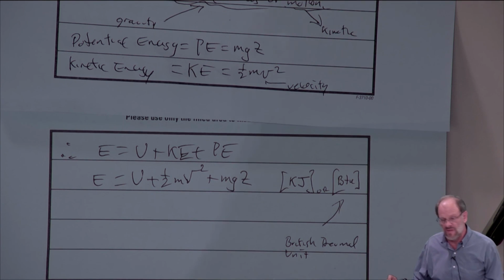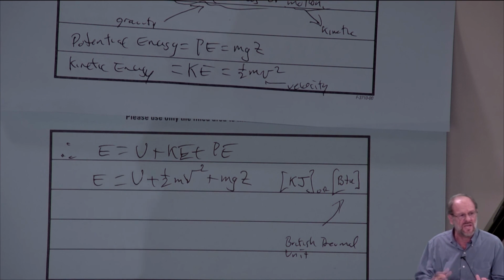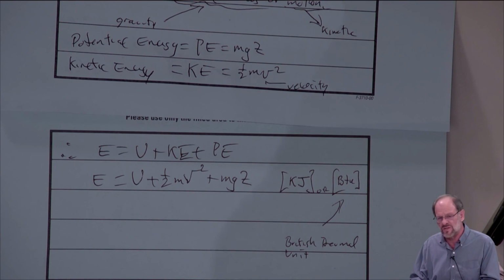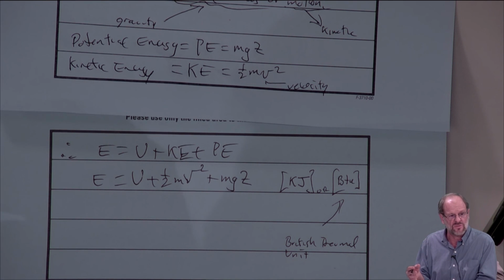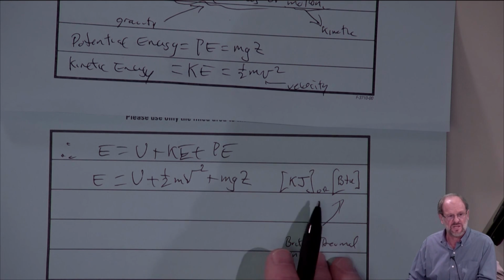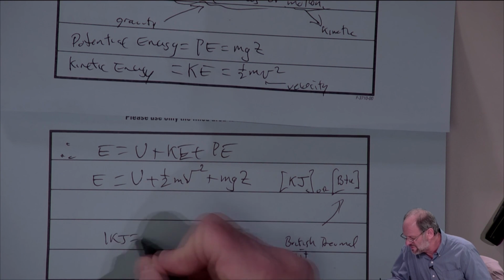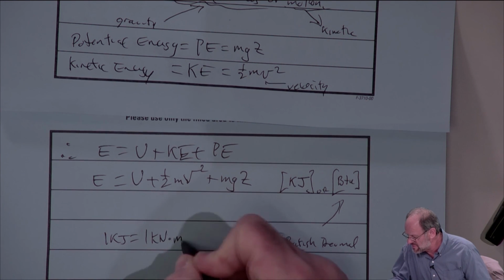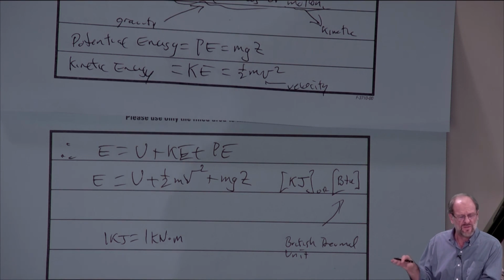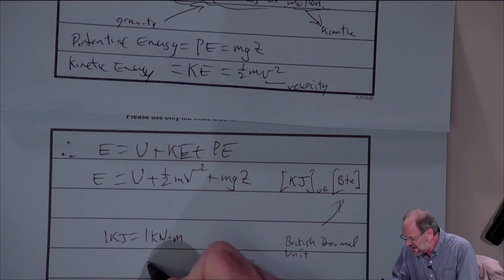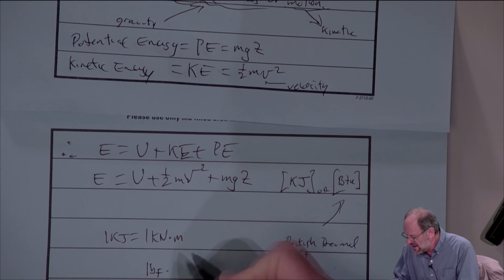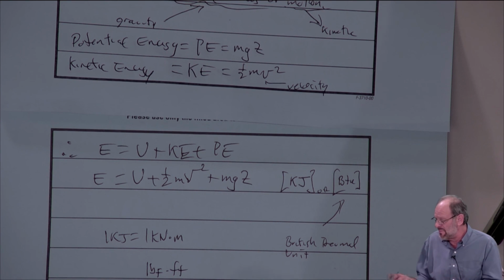Now, I might also note that since energy has the same units as heat, the same units as work, work units are force times distance units. I think we saw this last time. Force times distance would be like newtons times meters or kilonewtons times meters. So that's the same as a kilojoule, right? I mean, 1 kilojoule is just 1 kilonewton times a meter. But we also have equivalent units in the British system. If we multiply force times distance, then we have pounds force times feet. We can call this pounds foot, we call it a foot pound.